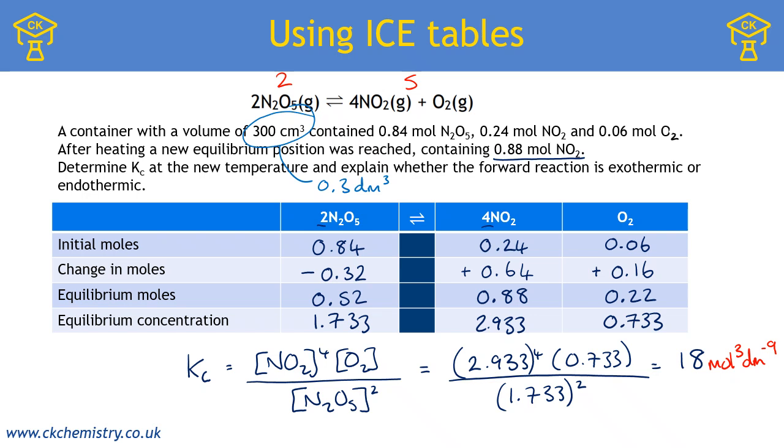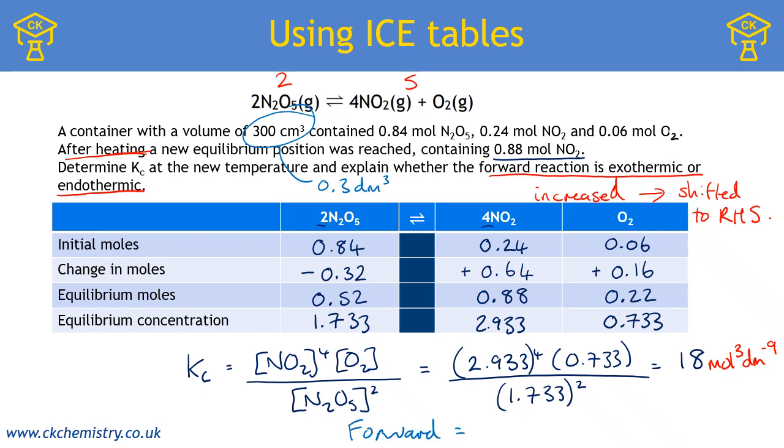Now let's look at whether the forward reaction is exo or endothermic. So I increase the temperature because it says after heating. And we just need to know which direction the equilibrium shifted. So I increased temperature and the moles on the right hand side increased. So that means it shifted to the right hand side, or to the products if you prefer. So if it shifted in that direction when I heated it, that means that when you heat an equilibrium, that will favour the endothermic direction. And since it moved to the right hand side, that tells me that the right hand side, or the forward reaction,